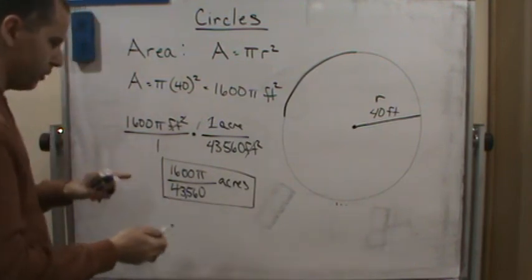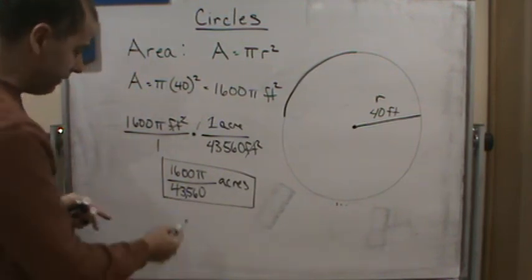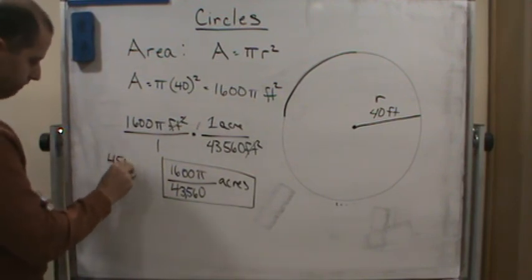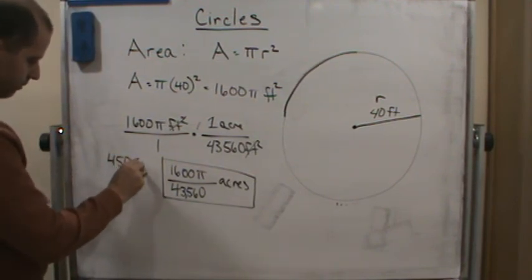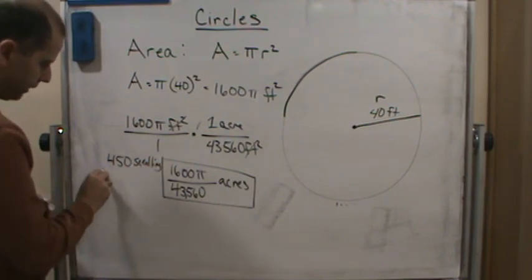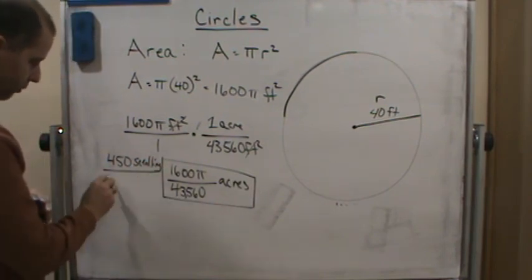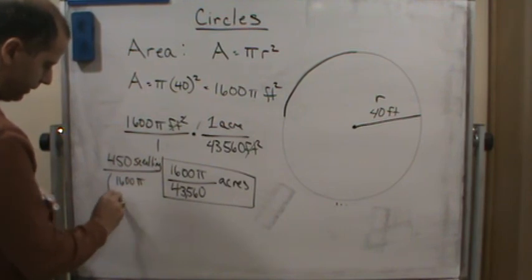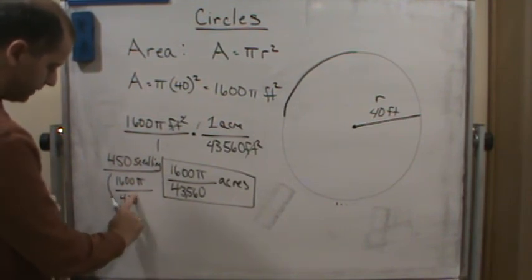I'm going to take the number of seedlings and divide by this number. So I'm going to take 450 seedlings, right? And I'm going to divide by my area, which is this. So it's going to be 1,600 pi over 43,560,